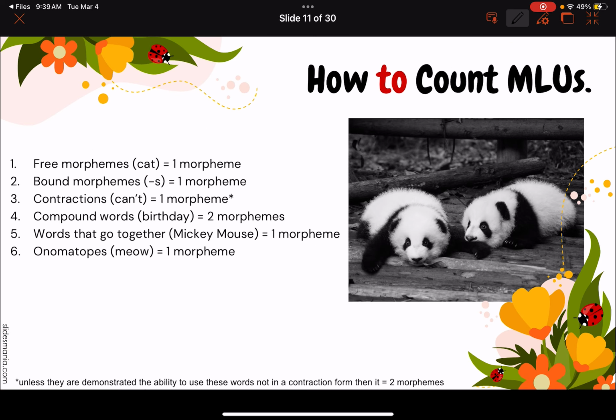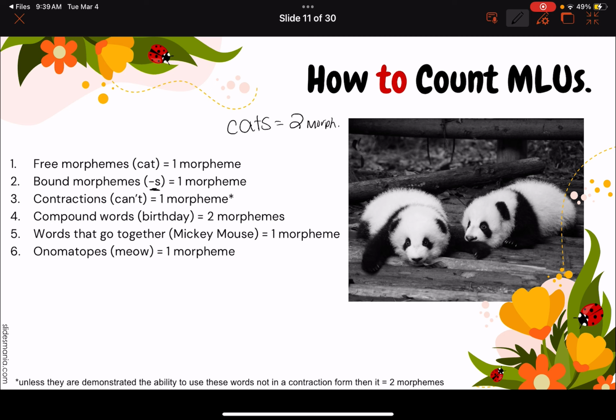So how do we count our MLUs? How do we count morphemes, right? So we know morphemes, we have different kinds. We have free morphemes, we have bound morphemes. So those particular ones are going to count as one morpheme each. So each bound morpheme is going to be one morpheme. So if we have the word cats, that is